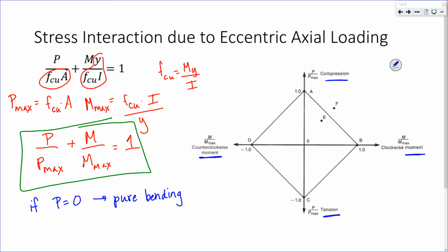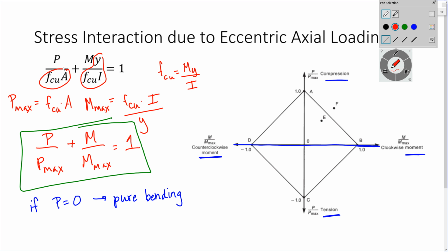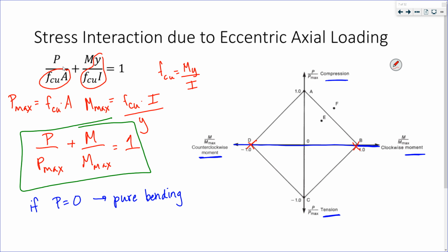If my P is 0, I have no axial load, I'm along this line. I'm in pure bending. And I will fail when I apply the maximum moment associated with FCU times I over Y. Right? When M equals M max,